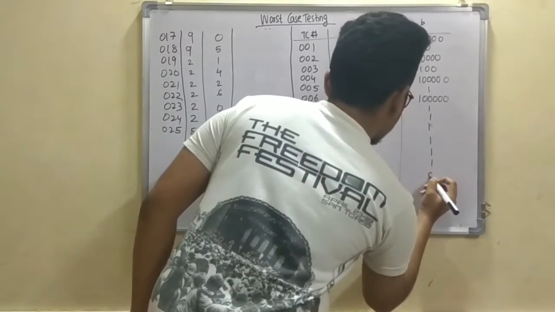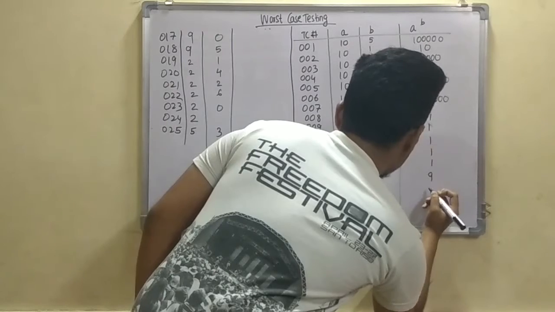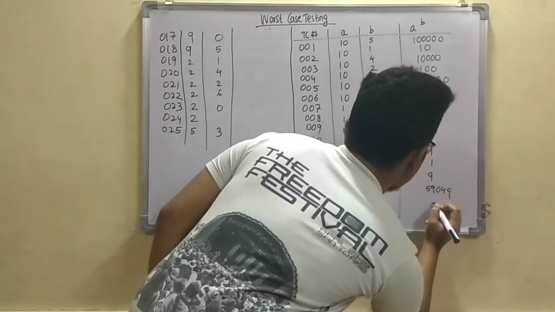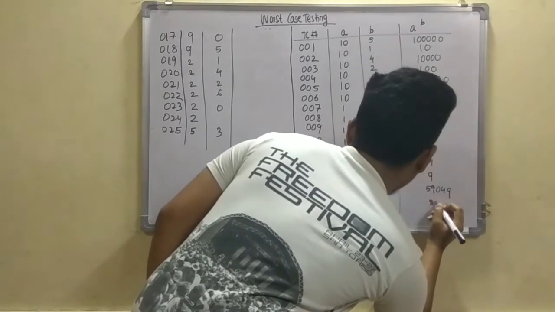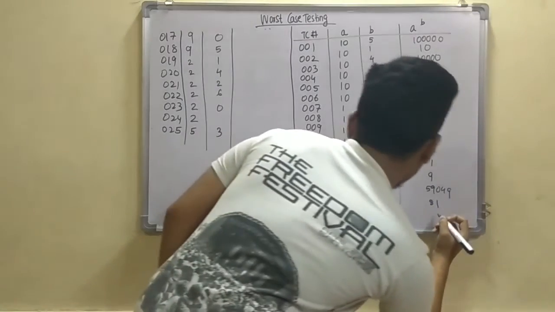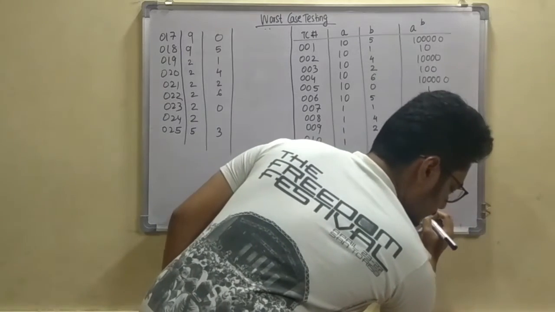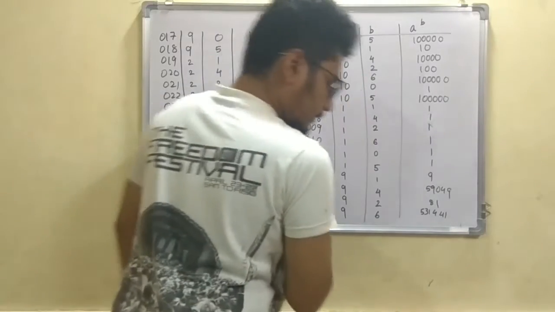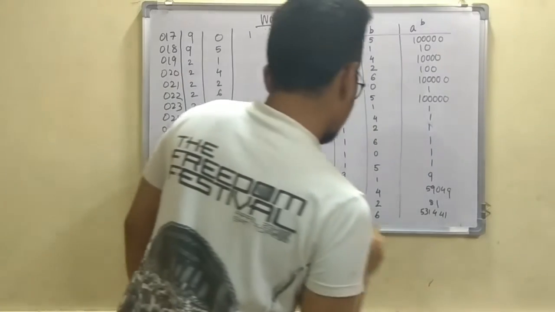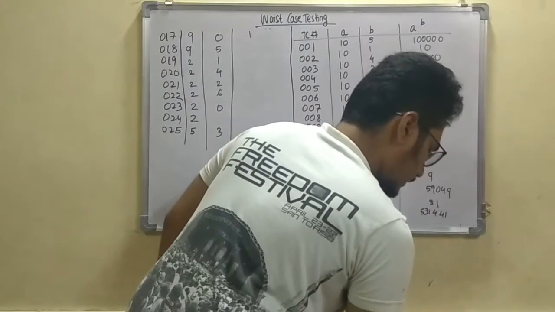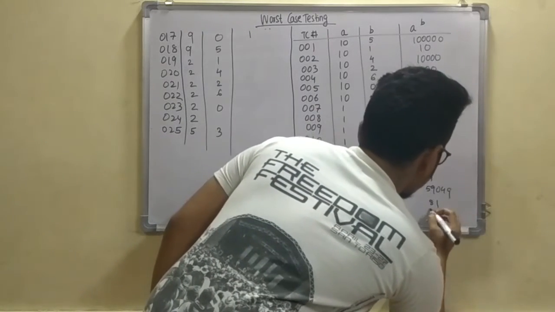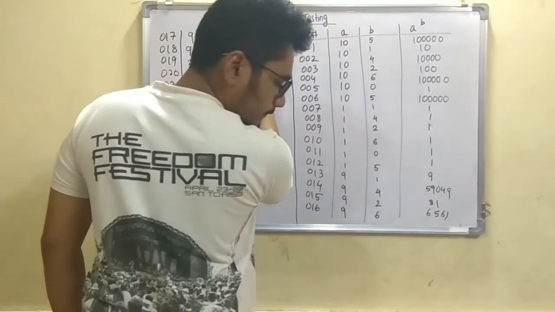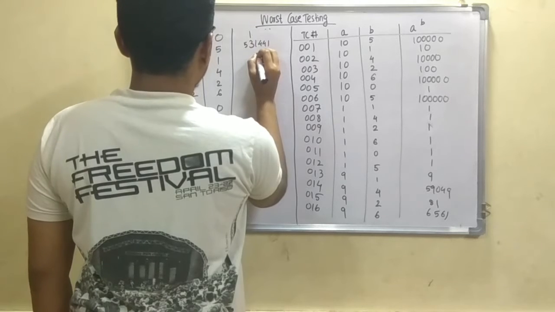This is 1. 9 raised to 1 is 9. This will be 59049. You can calculate this. And 9 squared is 81. A slight mistake has happened here. 531441. And 9 raised to 0 is 1. And this value is 81. And you have 6561 here, and this value, 531441, will be here. And 2 raised to 1 is 2.